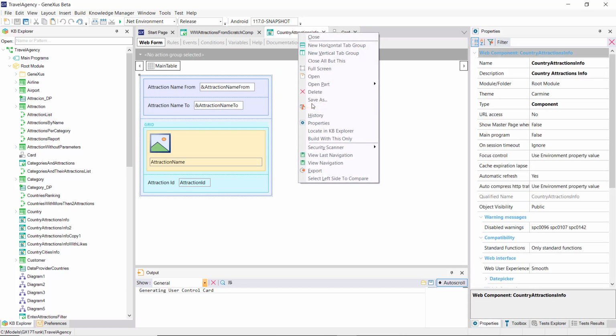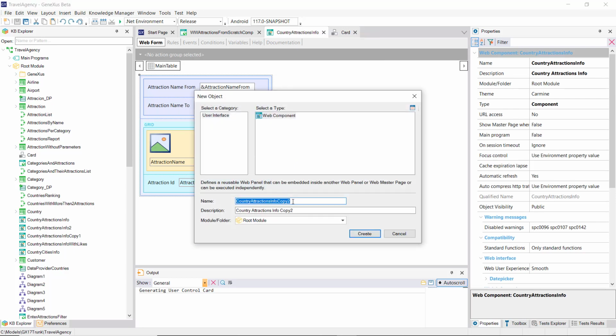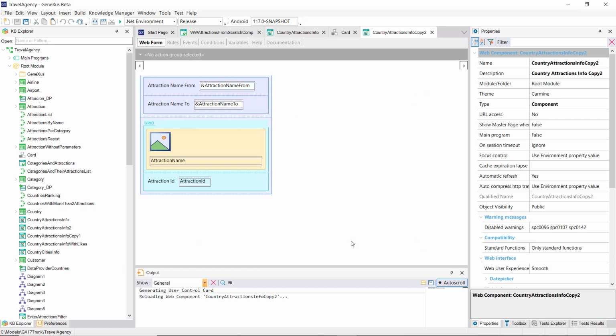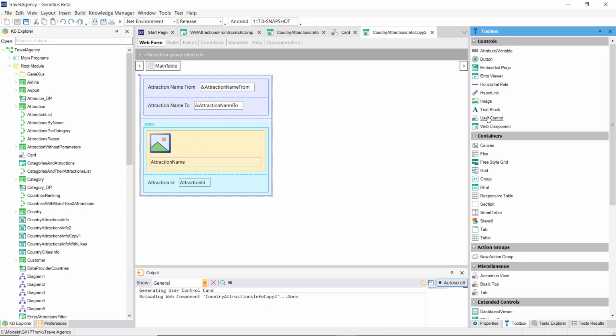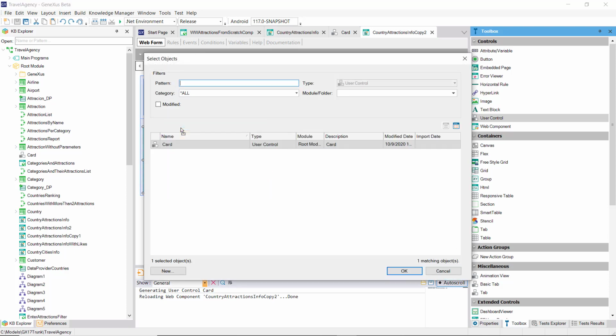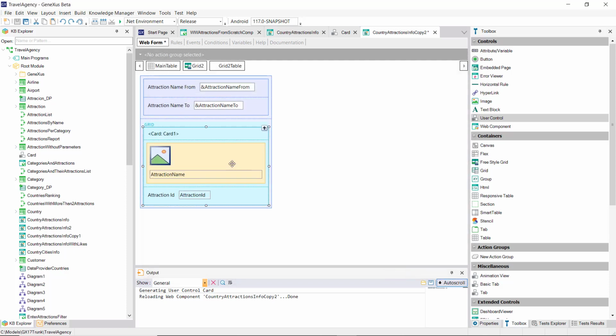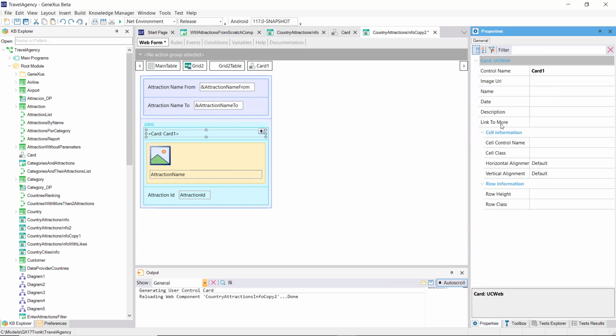What we're going to do now is save this component with another name and insert into the grid this card user control. In its properties, we can see displayed all those we changed in a static manner to assign them a value, and, as we'll see, in a dynamic manner too.